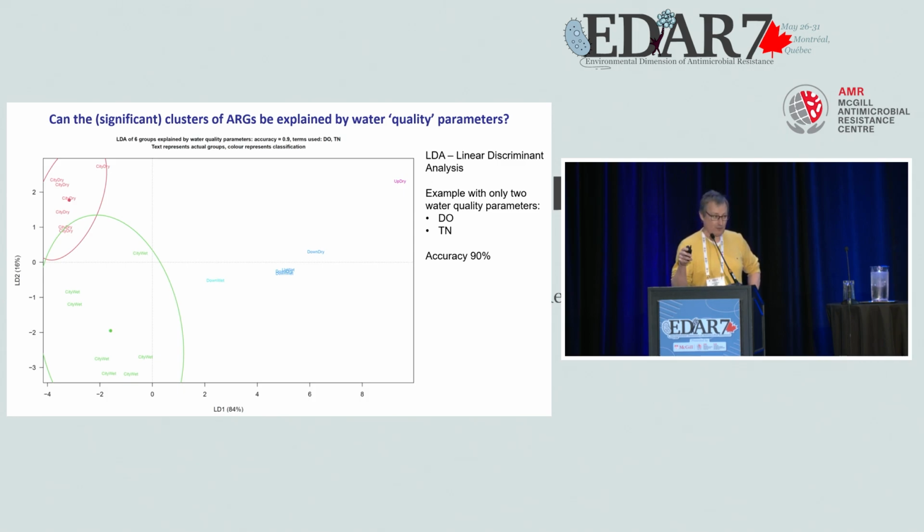This is just showing 2 variables here, dissolved oxygen and total nitrogen. We have more than that, and it works a bit better if you use more than 2 variables, but the 2 I think are sufficient. I don't have time to show more, but there is a poster on that by Vika Sonka. On Thursday, I will present it because he couldn't get a visa to come here, so it will be me talking about the poster if you have more questions about the Musi data.